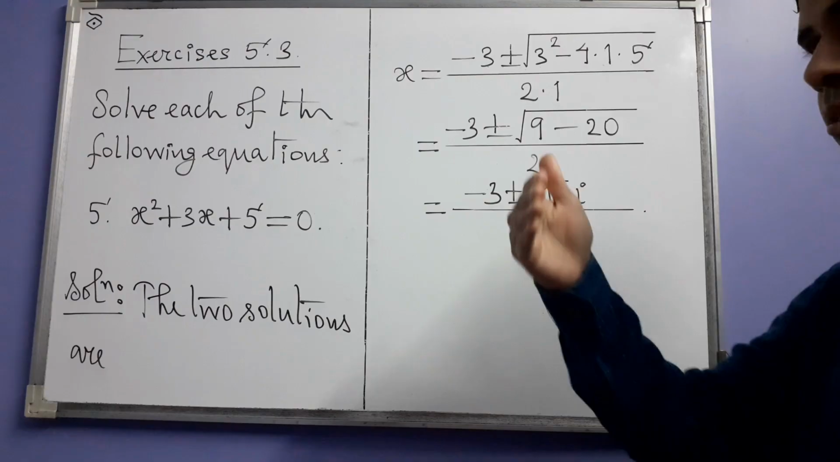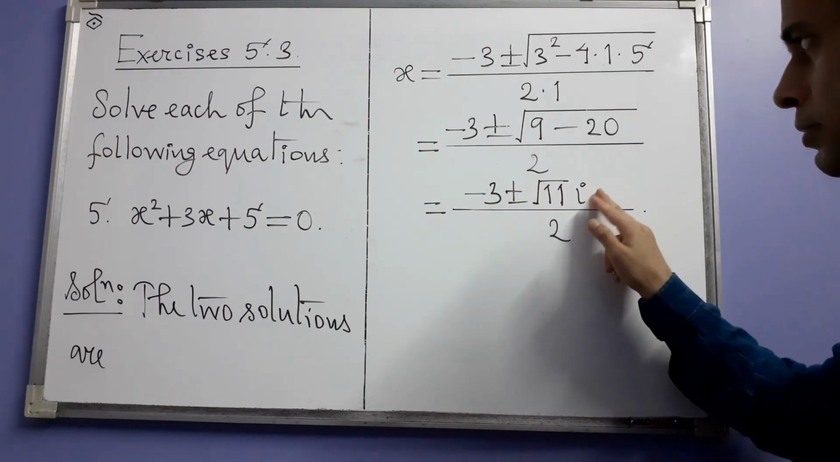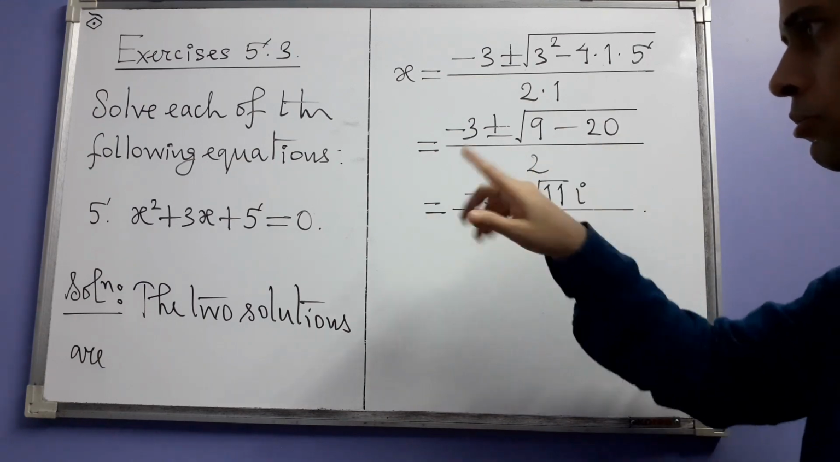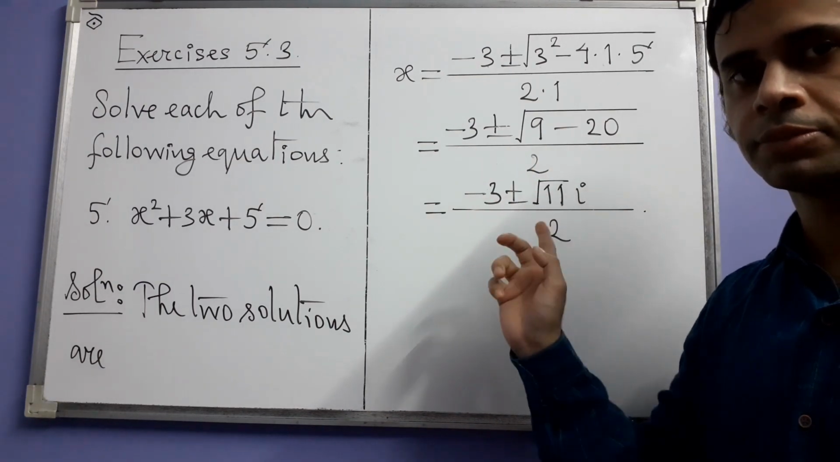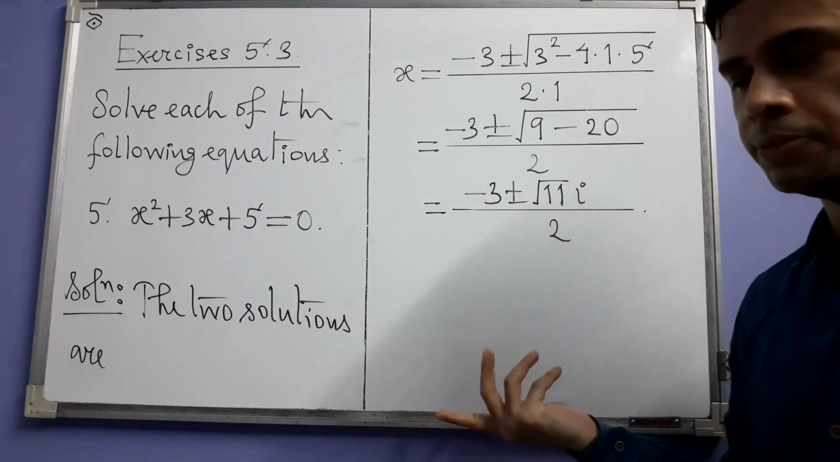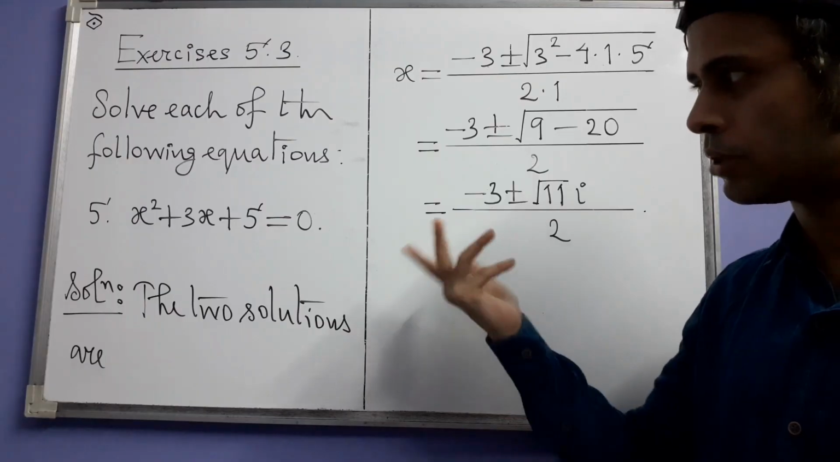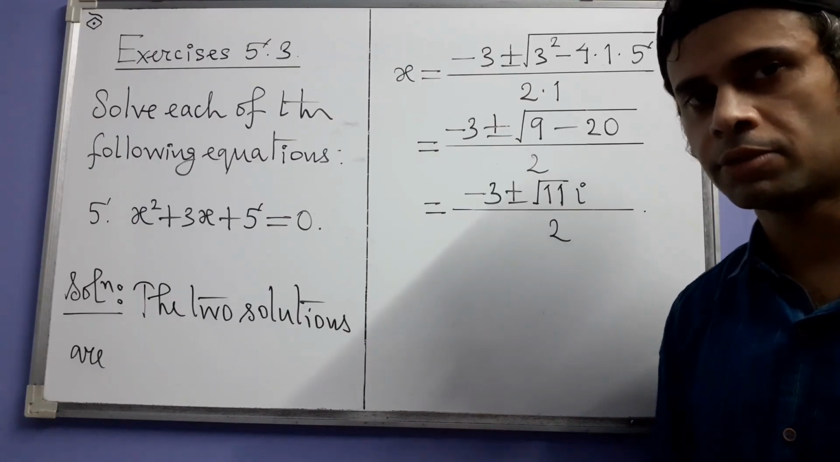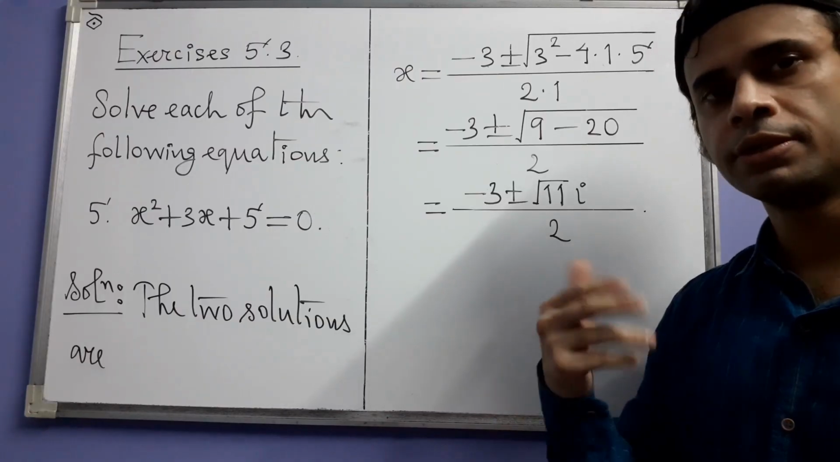So that is under the radical sign, and that will become square root of 11 times i. So these are the two roots of this equation, minus 3 plus or minus root 11 times i whole divided by 2. There are other exercises after this where also you have to solve quadratic equations with non-real complex roots. That however we will do next week